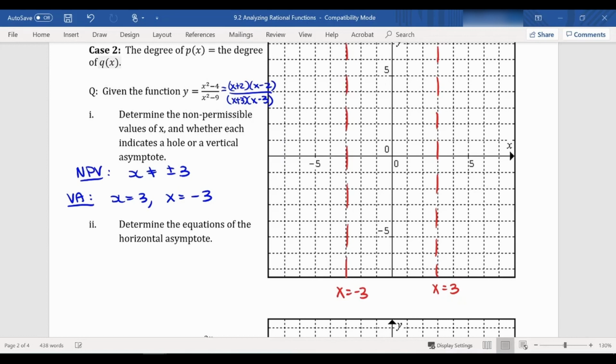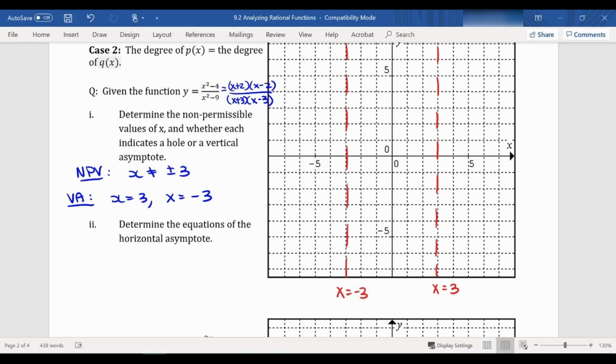Okay. Again, no holes because we had no common factors. Next, we need to determine where the horizontal asymptote lies. And so this is where we are going to start having new stuff here. Last year, you always had 1 over something. You always had where the degree of the top was less than the degree of the bottom. This is a new thing this year where you have a degree of the top equals the degree of the